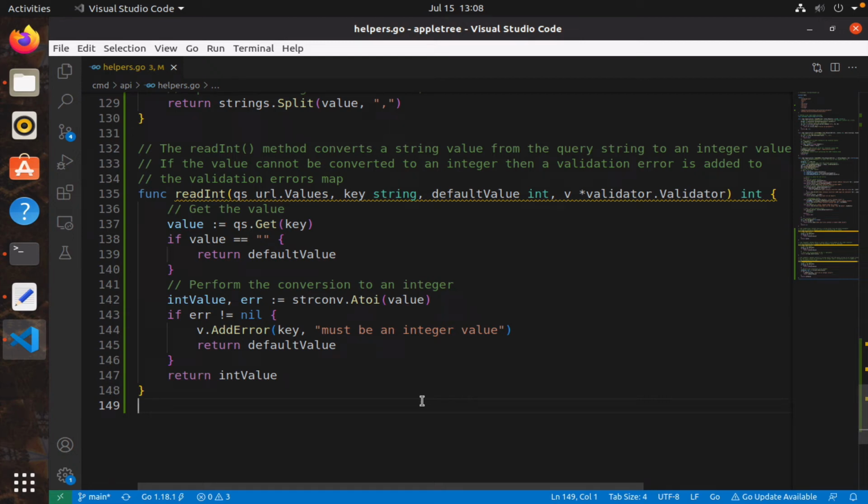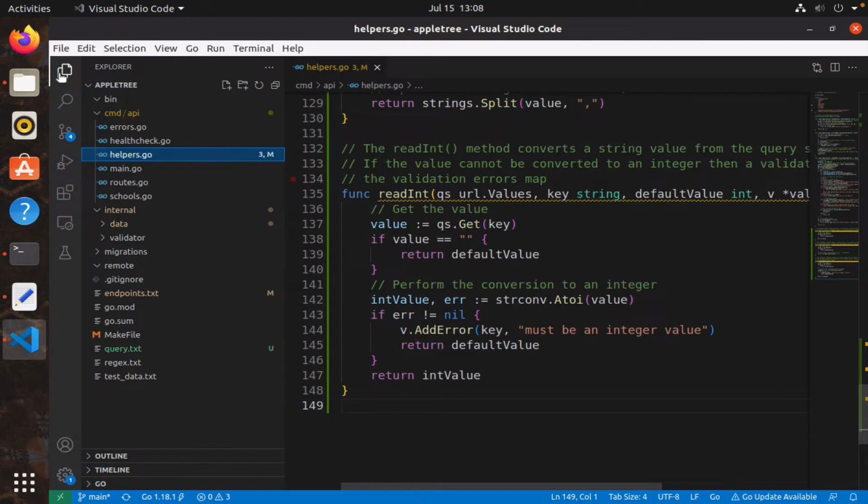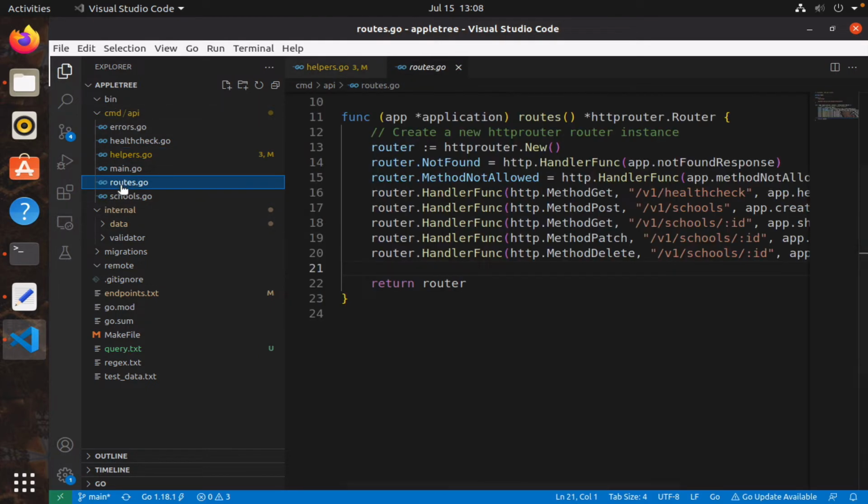So now that we have our helper methods created, we want to be able to use them. So the next step is to actually create our handler for our listing of the schools. All right, so let's create our handler. But first, let me